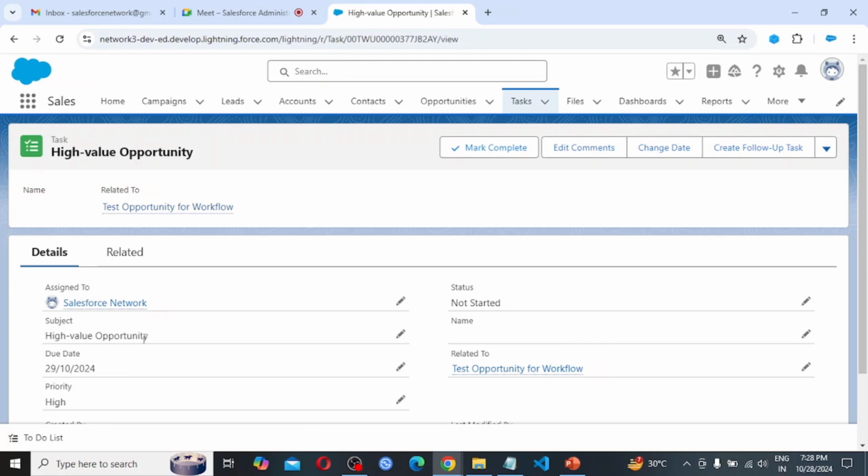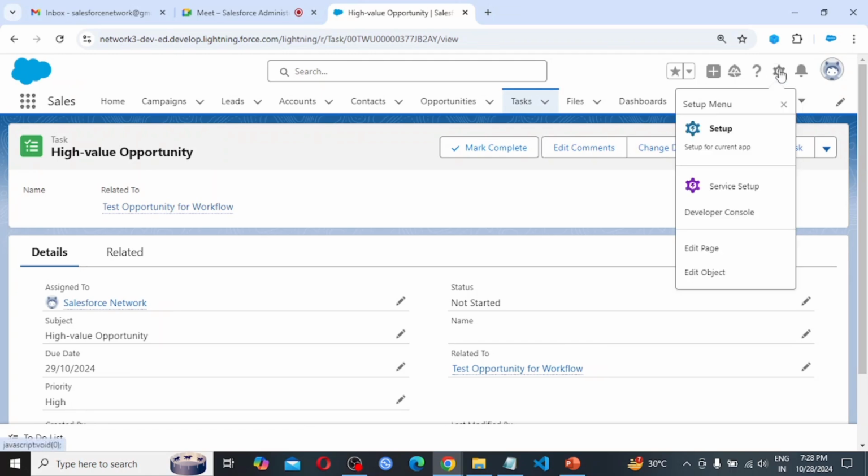Subject is high value opportunity, what we had provided over there. Due date is tomorrow's date, as we had taken plus 1 day. So priority high and related to this opportunity. Status was not started.